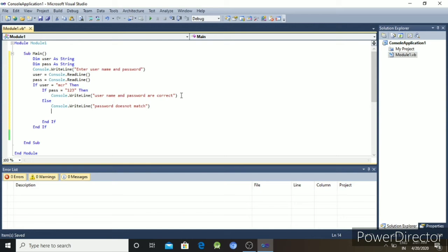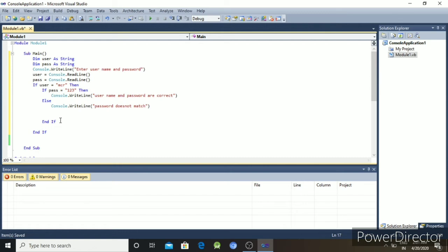What about another condition? The username does not match. So in this situation we have to write another else statement in the outer block.